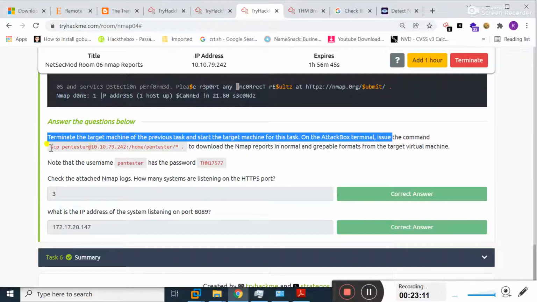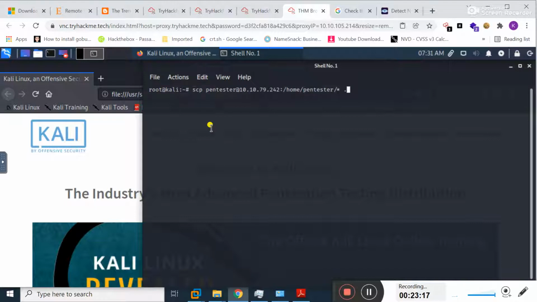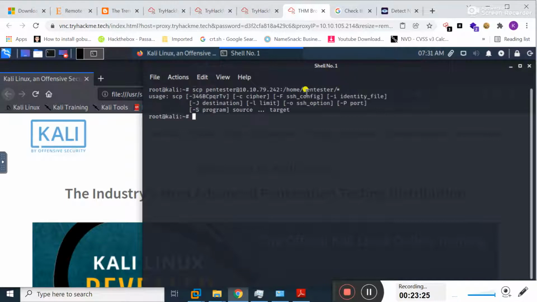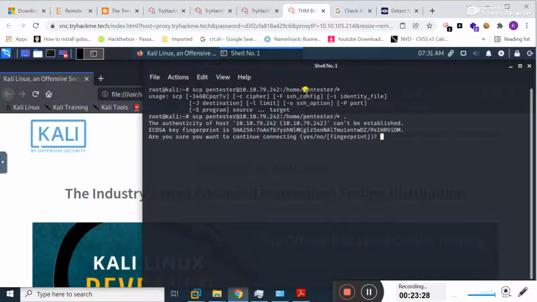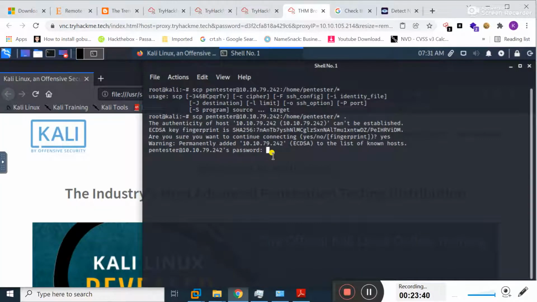Okay guys, now it's time to use this command. SCP is a command that you can use to download from your local machine to a virtual machine, or from a virtual machine to the local machine. Now I press enter. The password I should type here, this one. Press enter. See, all the Nmap scan results are present. One is in greppable format and the second file is in normal format.